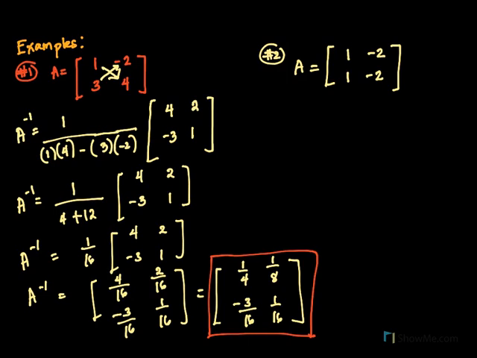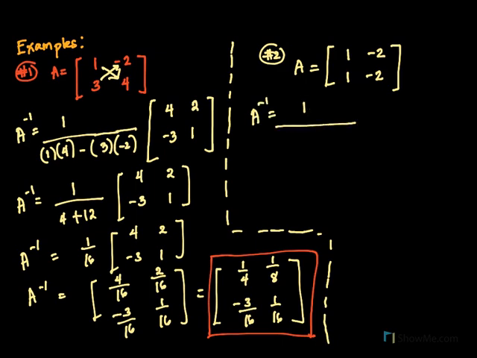Now for the second example, so this is still 2 by 2. So if you follow again yung binigay natin kanina na pattern for the inverse of a 2 by 2 matrix, you will have A inverse equal to 1 all over. So we will multiply muna pag ganyan, pababa, 1 times negative 2, minus, paakyat naman, 1 times negative 2 din,